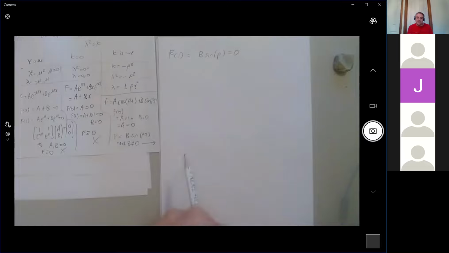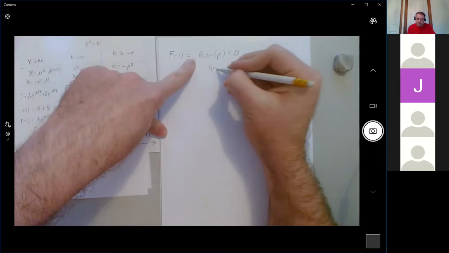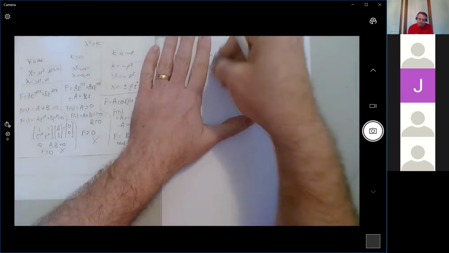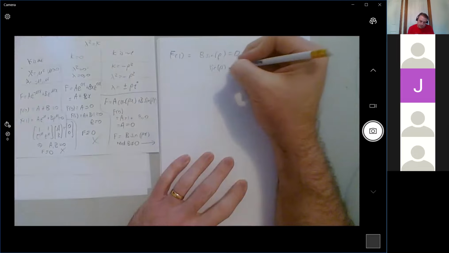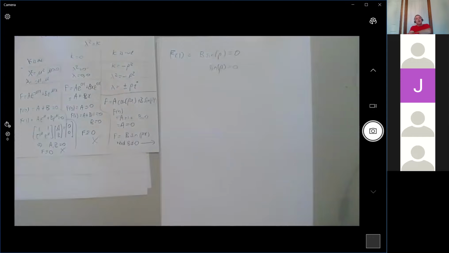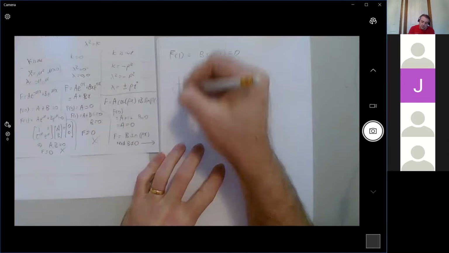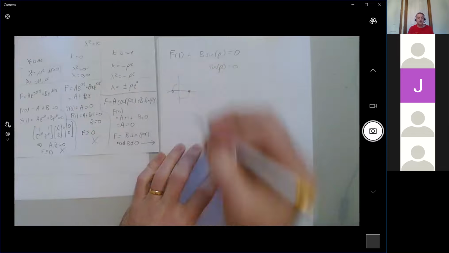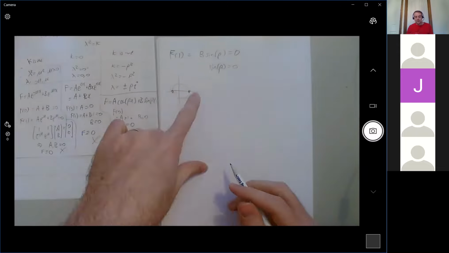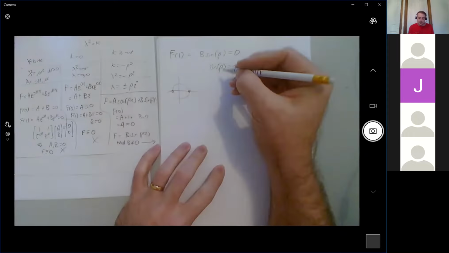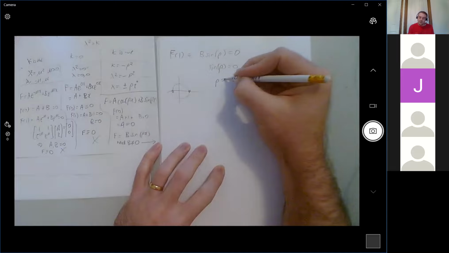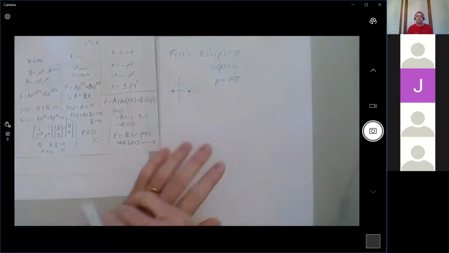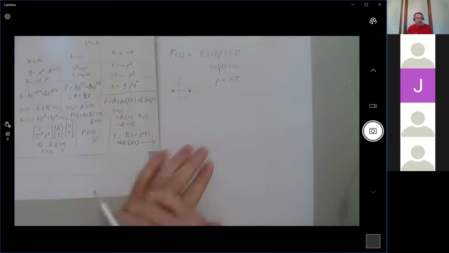And so since the b isn't 0, I'm allowed to divide by it. So the sine of rho has to be 0, which means that rho can only be certain things. Sine is 0 when I do my unit circle here and here, which is at the multiples of pi. So rho has to be some multiple of pi. But importantly,